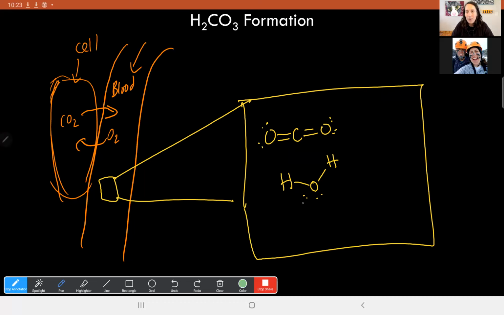Remember, one of the properties of water is that it's really nucleophilic, and we've got a partial positively charged carbon right here, because remember, those oxygens are more electronegative, so they're just ripping the electron density away. So that carbon is just feeling a little naked, a little exposed. And we've got this water molecule that has two lone pairs that are really high in electron density. So those lone pairs are going to attack that carbon, and one of these double bonds is going to break. It has to. Okay. So that would give you this kind of intermediate compound, O minus, with our water now